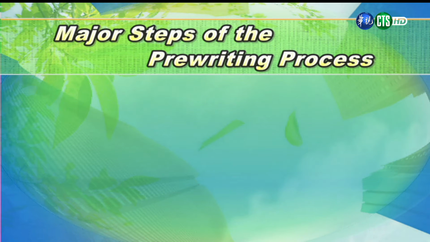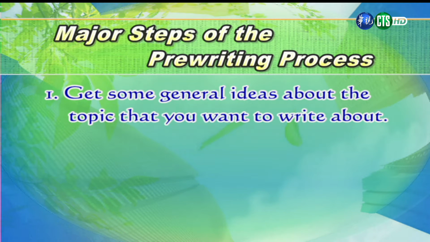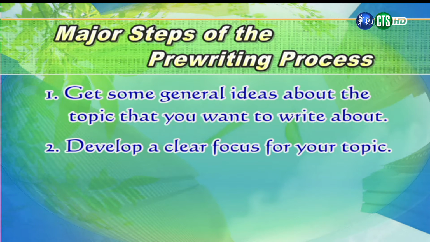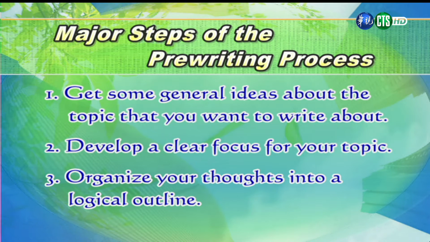Now let's review the major steps of the pre-writing process. 好，现在呢，让我们一起来复习一下写作前置作业的几个重要步骤。Now, the first thing that you need to do is get some general ideas about the topic that you want to write about. 好，你该做的第一件事情呢，就是针对主题找出一些具有概括性的想法。Then you should develop a clear focus for your topic. 好，接着呢，你必须要根据主题发展出一个清楚的一个焦点。And finally, you'll organize your thoughts into a logical outline. 最后呢，把这些想法转换成一个有系统组织的大纲。